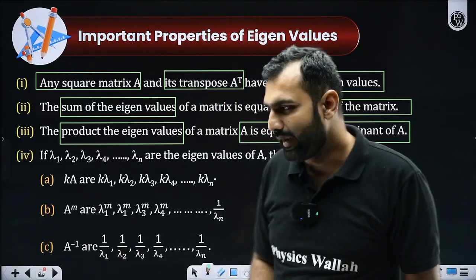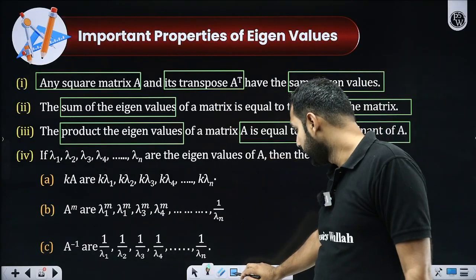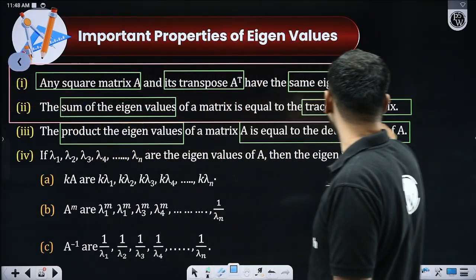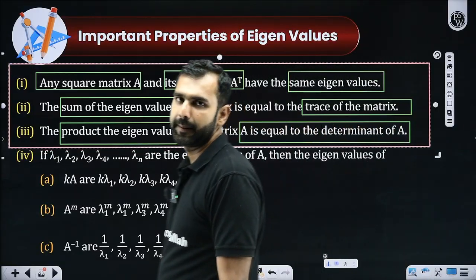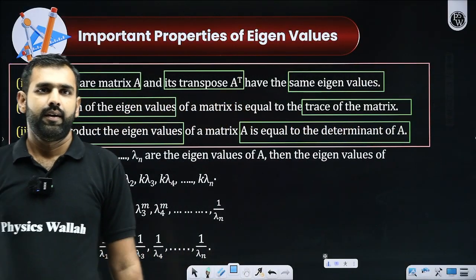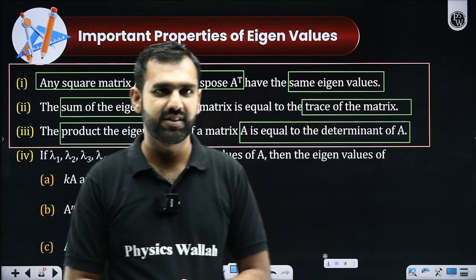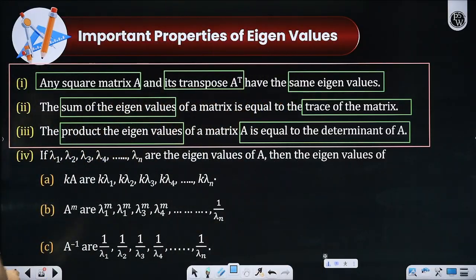When you know these properties? Yes or no? Are you learning these properties, the three most important properties here? Have you gotten a decent clarity on all these three properties? Yes or no? Tell me honestly. Everybody got that? I hope it is not getting very heavy. You are able to digest and understand all that is being said, everyone. With this, I hope this is what you have already understood.